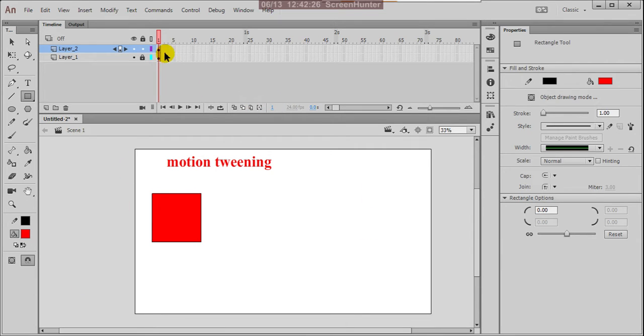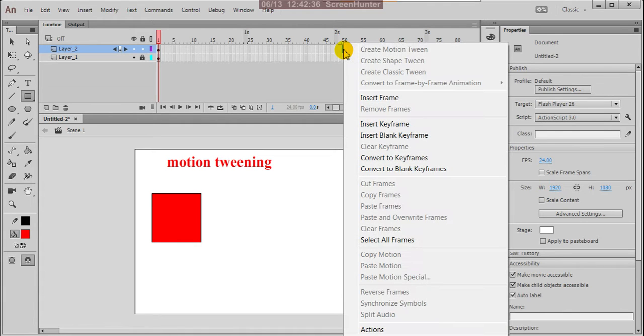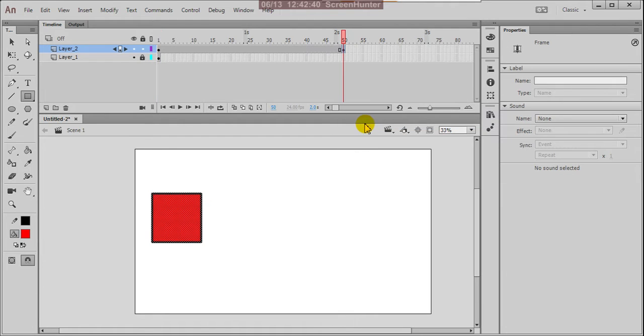Next, somewhere you can give another frame. Suppose here at 50 I'm giving it, but don't give insert keyframe.